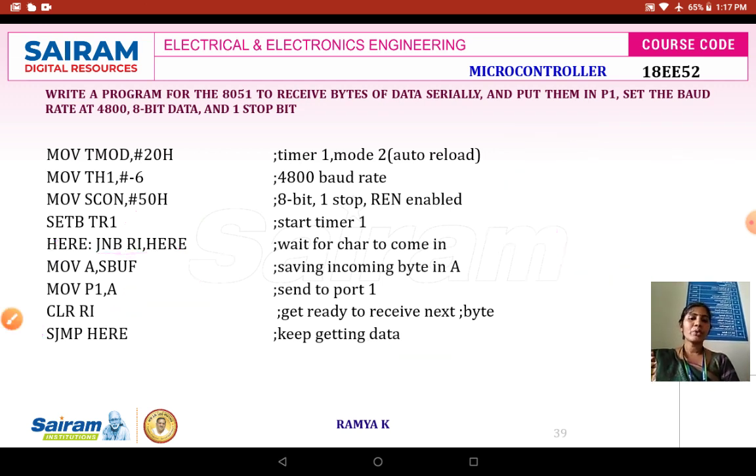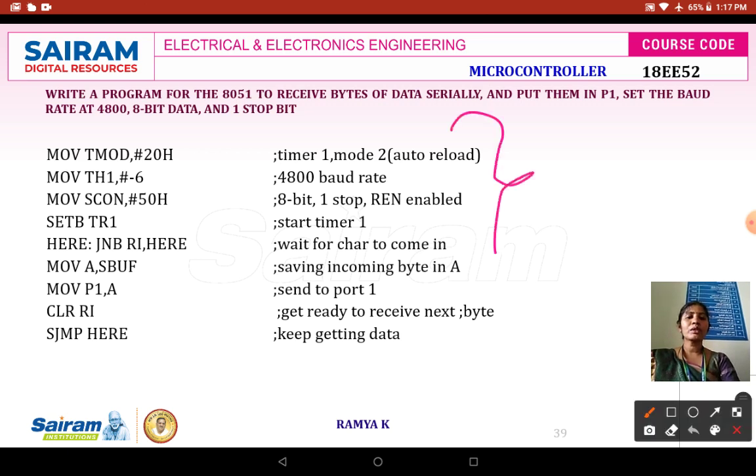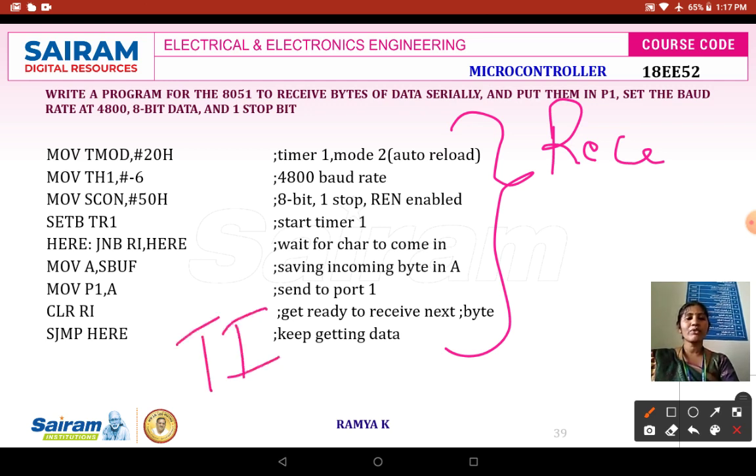This is one of the programs that describes the receiving of data. While transmitting the data, you check your TI flag, the transmit interrupt flag. While receiving the data, you check your receive interrupt flag.